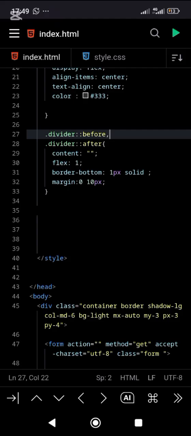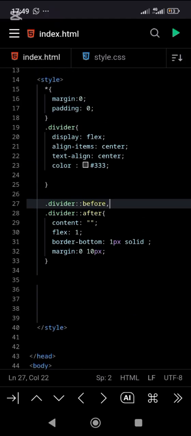Alright, so I'll put this code in the comment section. This particular divider is a bit tricky, so I'll just put the code in the comment section. If you want to do your own, I'm not saying you should not learn it, but if you want to save time, you can just copy it and paste. Okay,